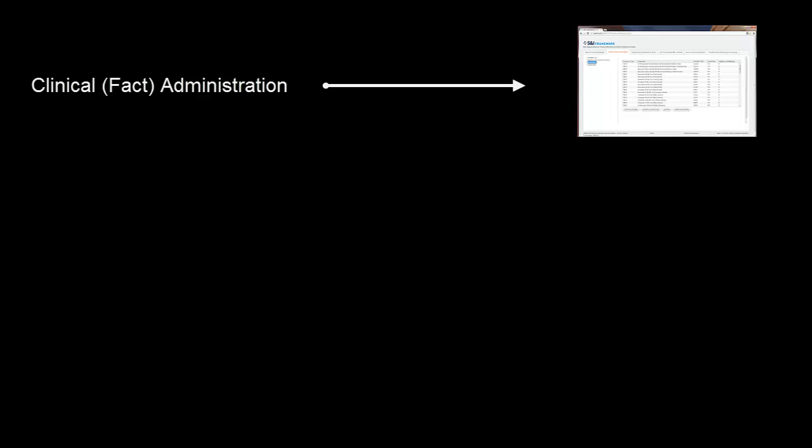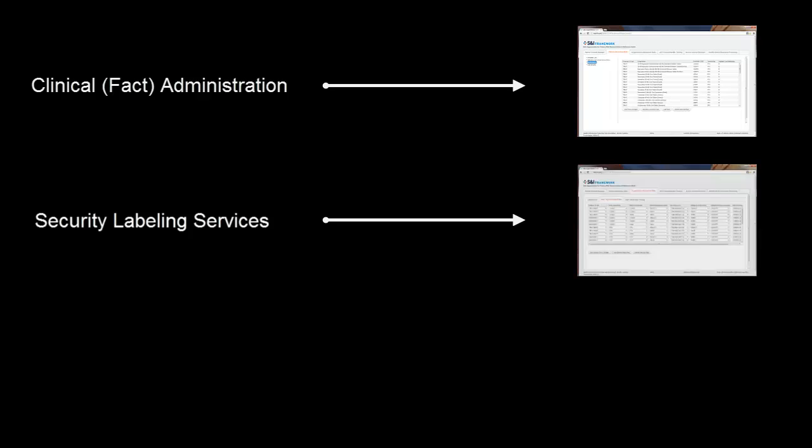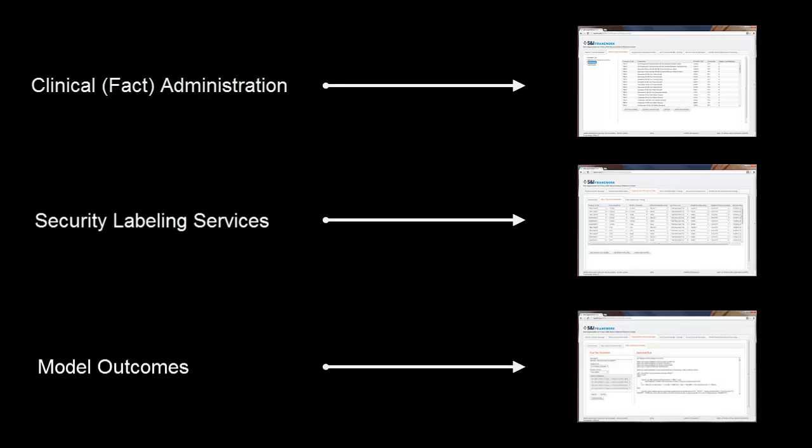allows us to loosely couple privacy concepts to clinical observations such as diagnoses, medications, etc. The security labeling service, allowing organizations to control how data is tagged and what metadata will be associated with it, based on the patient's consent, organizational policy, and jurisdictional restrictions. And lastly, we'll look at what effects our new clinical facts and organizational policies have on rules generation and document